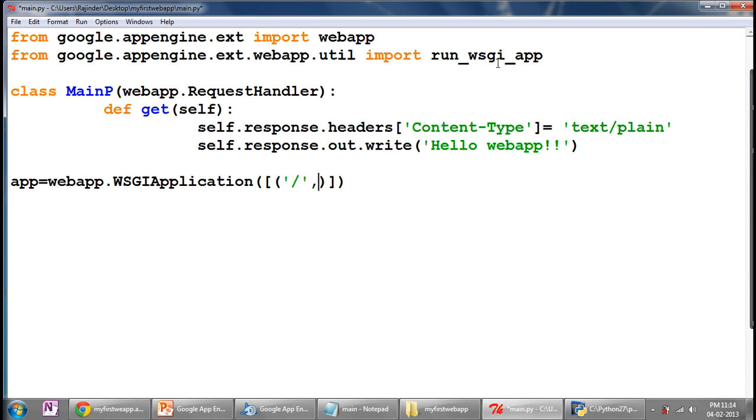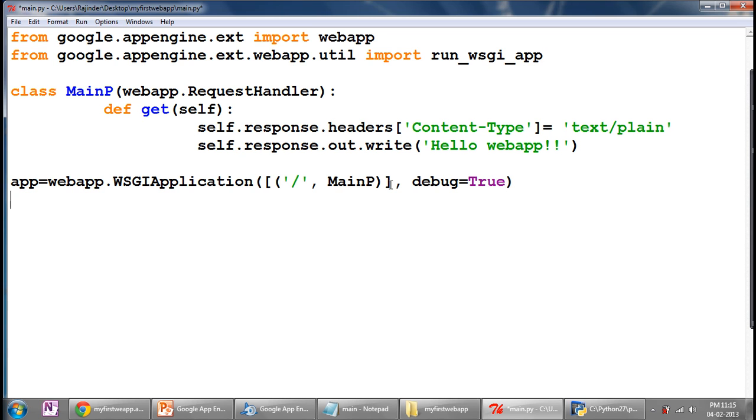This means a URL. You have to call the main function we had created here. Now set the debug value to true.